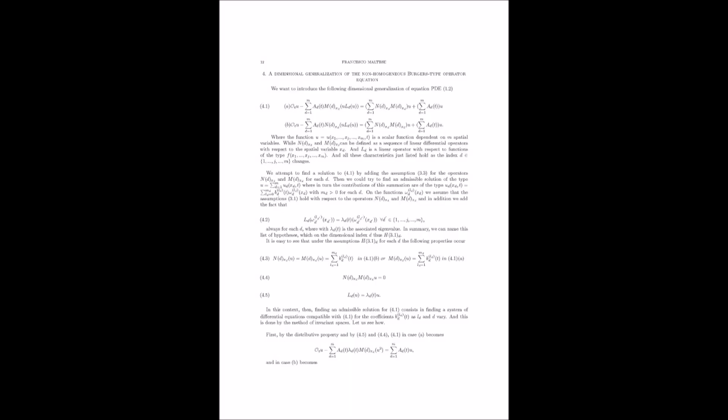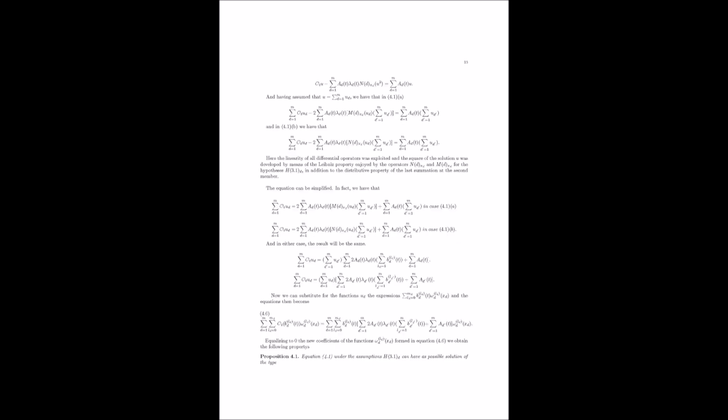We've laid the groundwork, explored the two main methods for finding solutions, the transformation method and the invariant subspace method, and even delved into some specific examples. We have. But the journey's not over yet. Right. In the next part of our deep dive, we'll explore how Maltese applies these methods to the truly mind-bending realms of black holes and Ricci solitons. So stay tuned for more mathematical marvels.